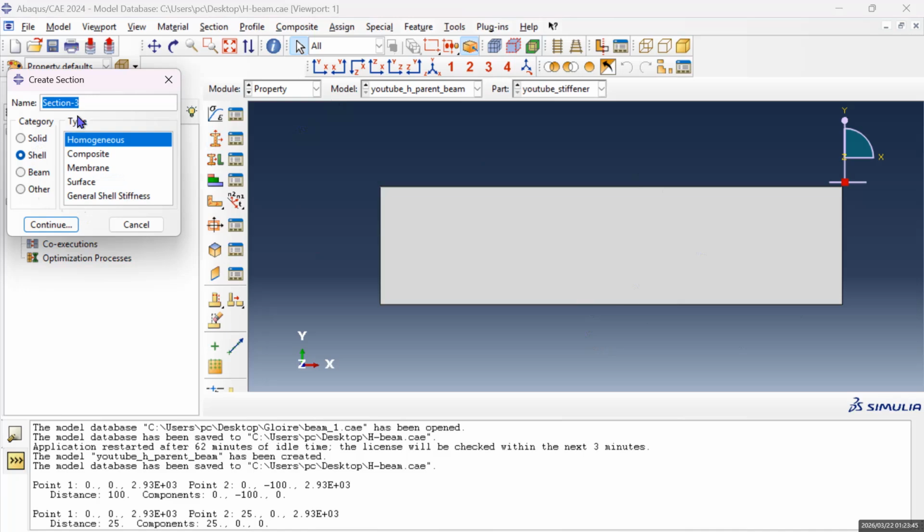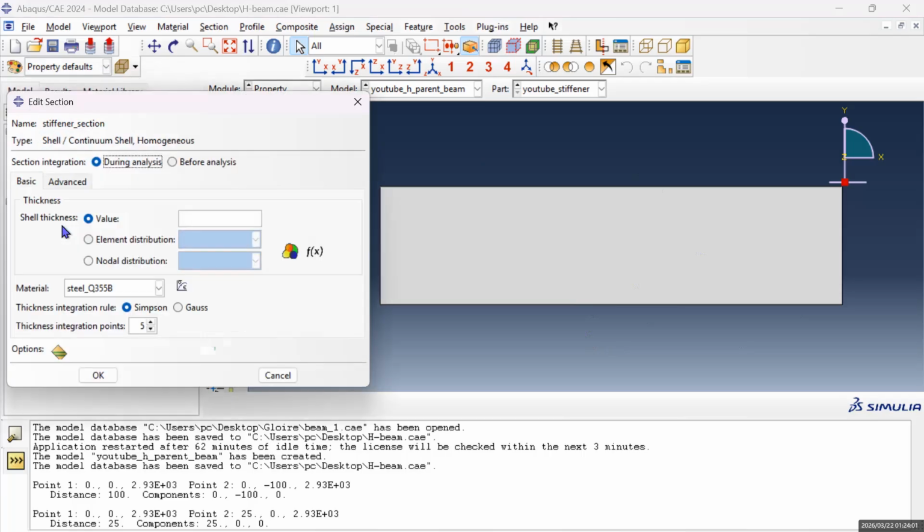Let's say stiffener section. Okay, the category should be shell, and the type should be homogeneous. Then after that, I'm gonna click on continue, and then the thickness. What's the thickness? I don't know the thickness. Let me just check first of all. Let me make sure how much thickness we took. I already forget a lot of numbers. Okay, let's just do